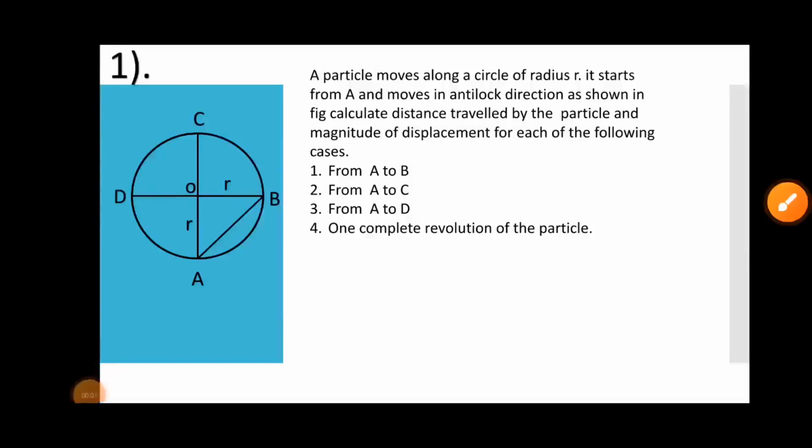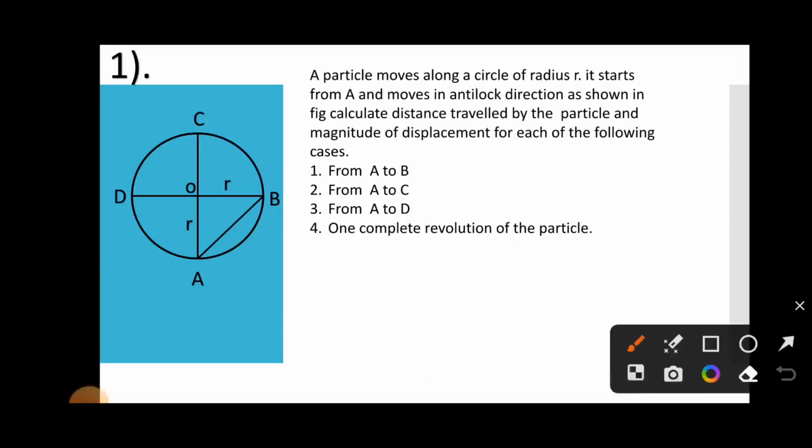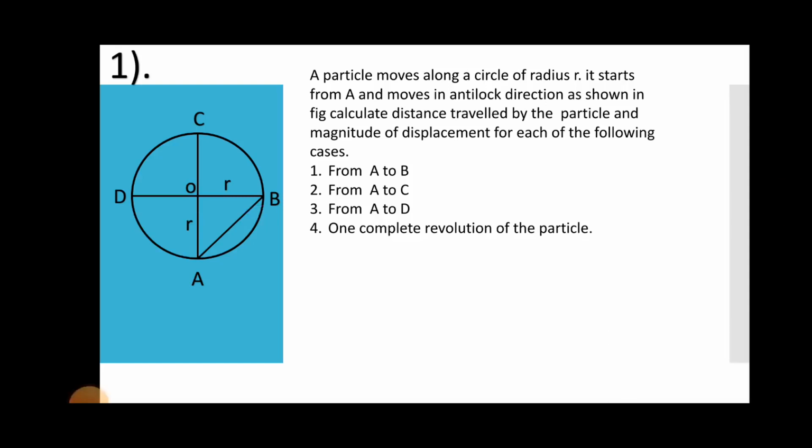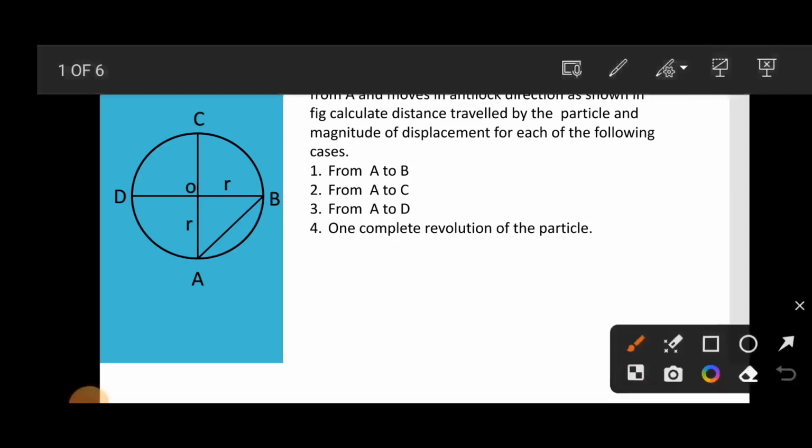Let's have some examples on displacement. A particle moves along a circle of radius r. Here, the radius of the circle is r. It starts from A, and moves in anticlockwise direction as shown in figure. Now,